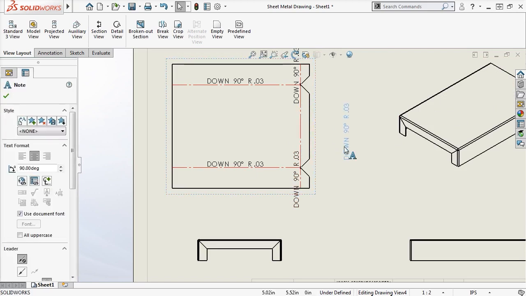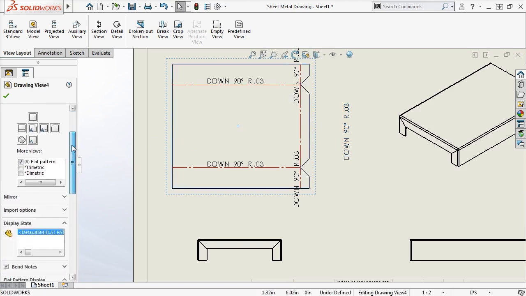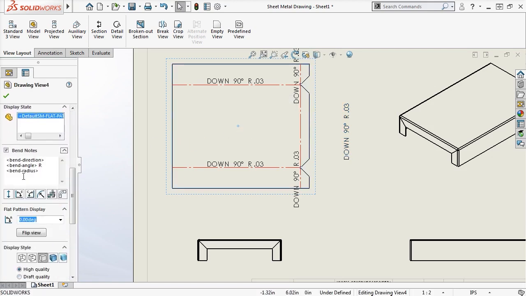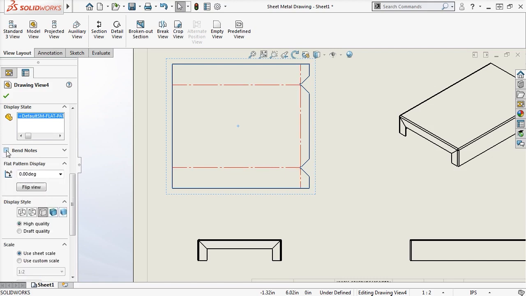If you want to change the formatting of the bend note, you can access the settings in the Drawing View Property Manager. Just click on the Drawing View, and in the Property Manager, there is a section for bend notes. Here you can add items to the bend note using these buttons, or you can delete them from the box. If you want to hide the bend notes, uncheck the box next to bend notes, and to show them again,